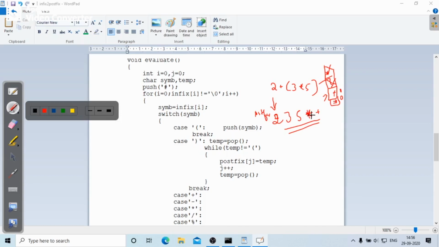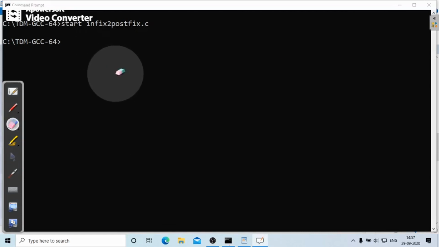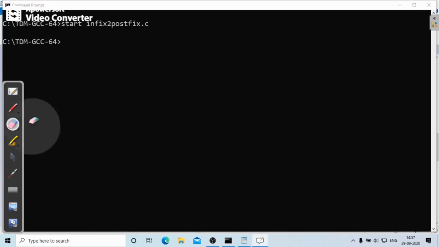Now we'll see the output of the program. Here I'm using the TDM GCC compiler. Let me compile the program, infix to postfix dot c.